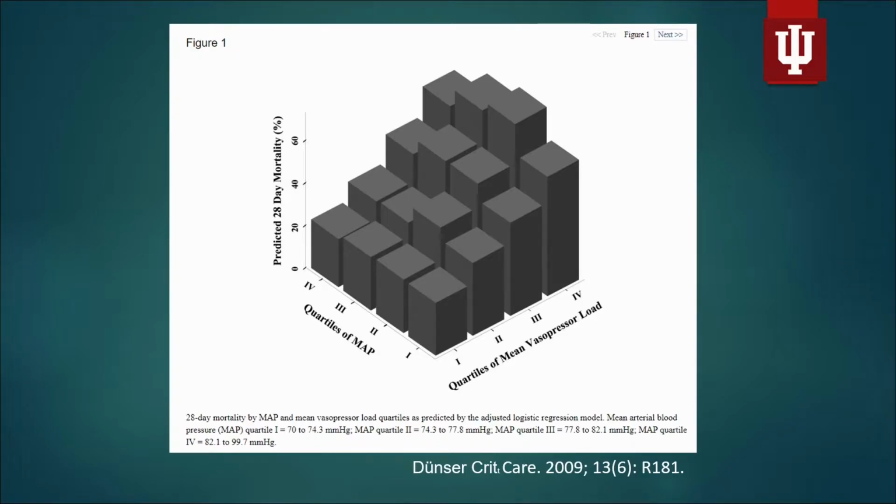Speaking about mean arterial pressure greater than 65, what's interesting, and again, this is coming from septic shock: when they divided the whole MAP range from 70 to 100 into quartiles, they got exactly similar mortality with all quartiles of mean arterial pressure. But when they put the quartiles of vasopressor dose, with each increase in quartile, they had a stepwise increase in mortality. That's where this recommendation is coming from: don't overdo it with vasopressors. So it is also coming from the literature on septic shock.